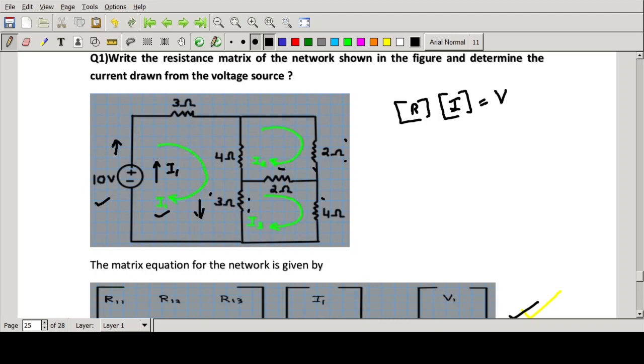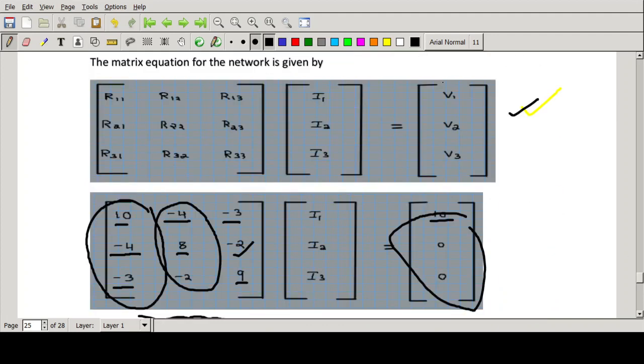We don't have to write any complicated equations. The only point you have to keep in mind is that when you are writing the terms for the resistance matrix, if the currents which you have assumed are in opposite directions, you have to take it as minus, otherwise it will be positive. And you also have to be very careful in writing the voltage terms, just see the active sign convention of the EMF source, and also see if it is in the same direction as that of the current flowing through the meshes. Okay.